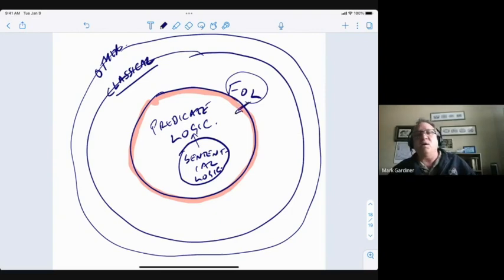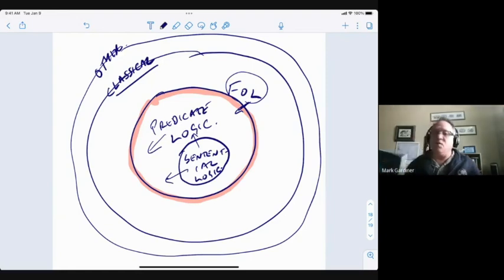So that's our main goal. Roughly the first half of the course, six weeks, we're going to be looking at the sentential logic. Second half, we're going to be looking at the predicate logic, and that's going to be enough. That'll give us a good grounding in formal systems at their most basic, foundational, embryonic, systematic level of all.